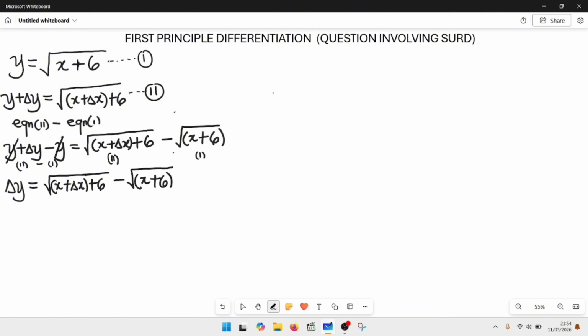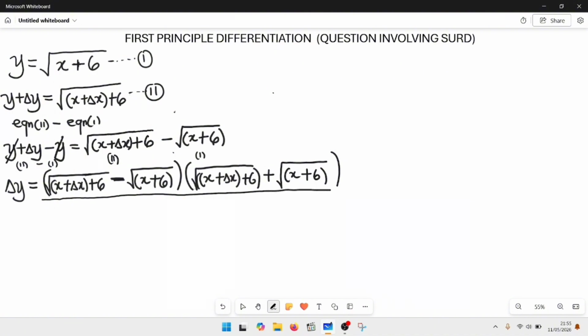What does the surd conjugate mean? We are going to multiply this numerator again with the same thing, that's what the conjugate is. The square root of x plus delta x plus 6, but this time not with a minus. Remember, we have a minus sign here, but this time we're going to add it with a plus, and then the square root of x plus 6. Having done that, we divide everything